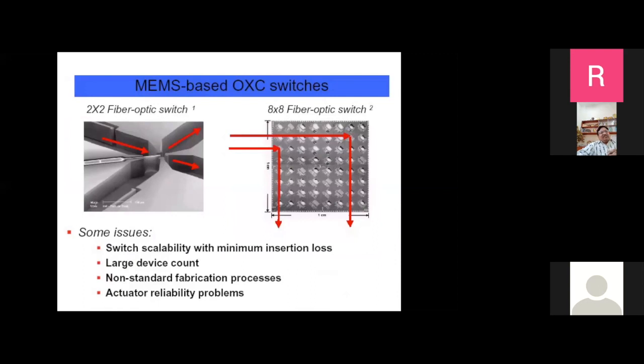Yeah, this actually I have described earlier. This 2x2 fiber optic switch, and on the right hand side you see an 8x8 micromirror switch array, where you can direct the input light beam into any direction that is possible. So a lot of engineering issues have to be solved in optical MEMS. Scalability is one of the important problems. You want to make bigger and bigger arrays. And loss is another problem.